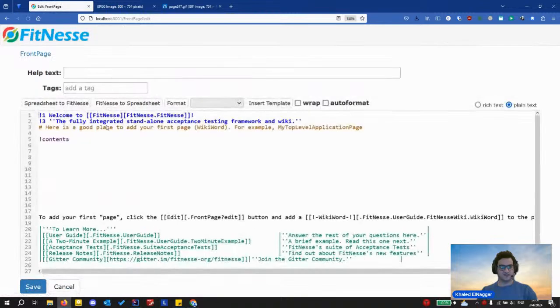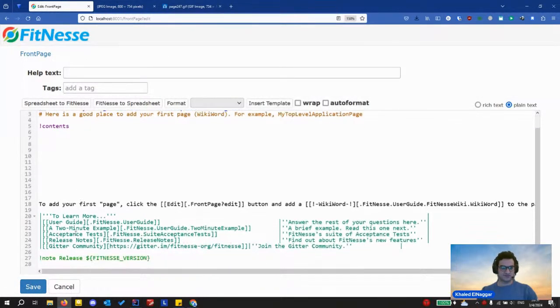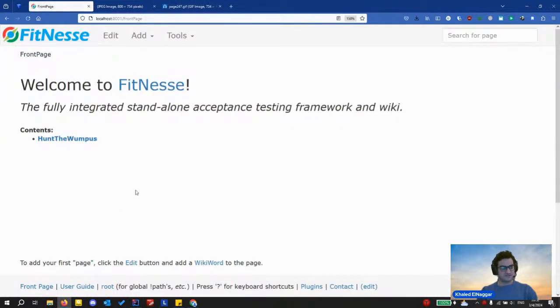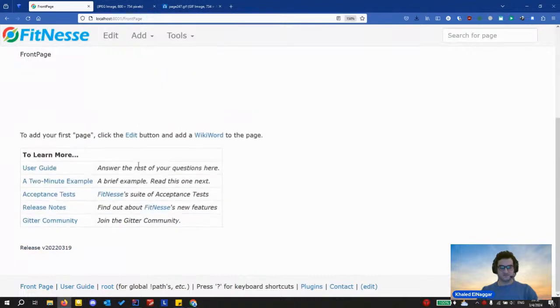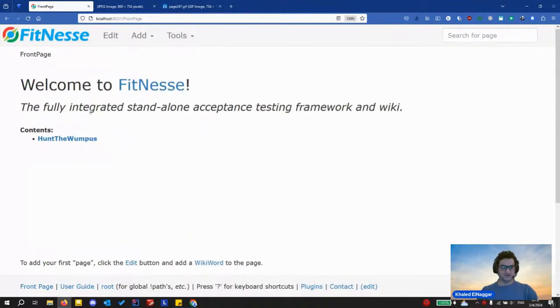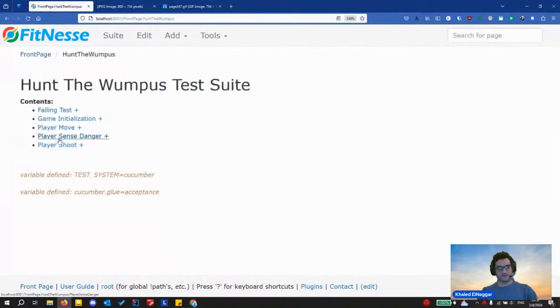There are different tags, different headers, and different components. You have to gain a little bit of FitNesse knowledge to be able to utilize it to the maximum, but it's up to you. Now we created the bare minimum of the front page. Here is our test suite.